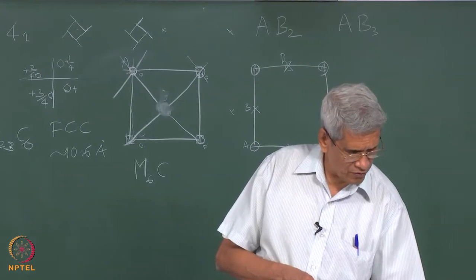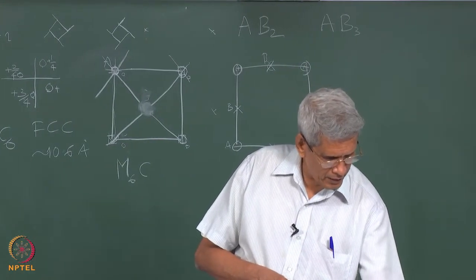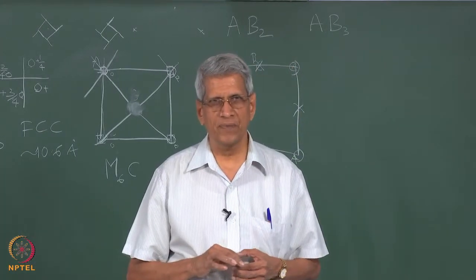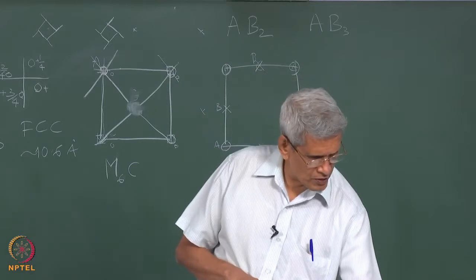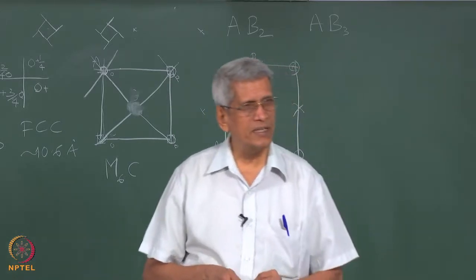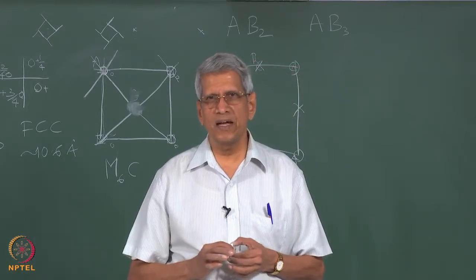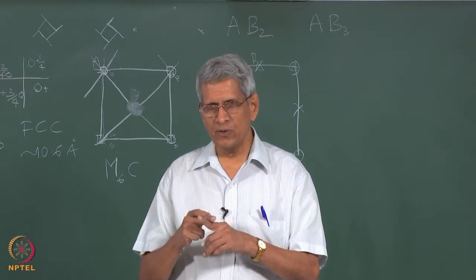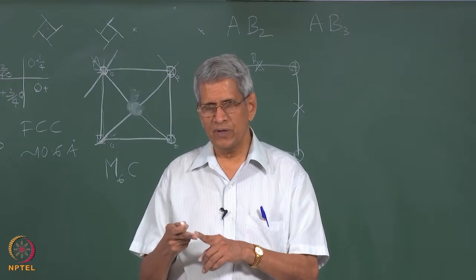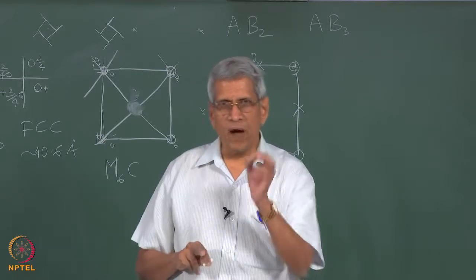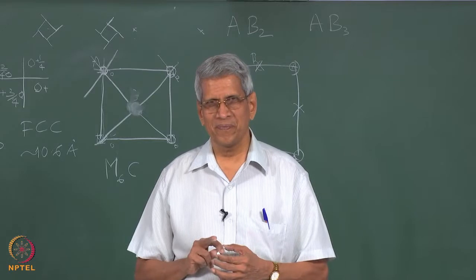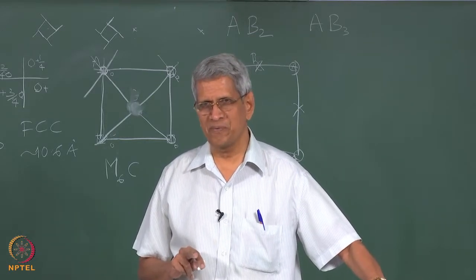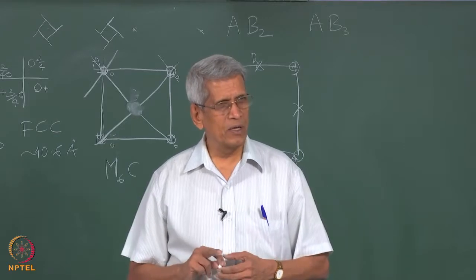And another thing, if you see here, some of these positions are fixed positions in fractional indices, correct? Some of these positions are given as x, x, z, right? x, x, z means that if x has some value, y also will have the same value, and z has another value. But what the value of x is, is not fixed, okay? From the symmetry point of view, it can have any value. x can have any value.